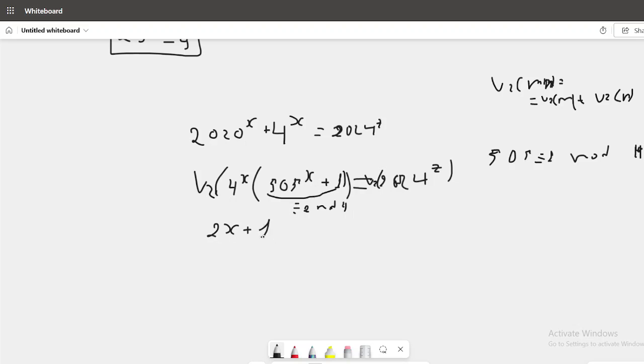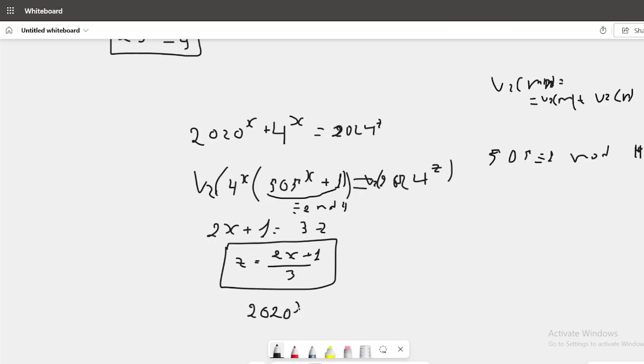So 2x plus 1 will be equal to 3z. So z is equal to 2x plus 1 over 3. Now we got a nice thing here, but we do not stop, because listen,